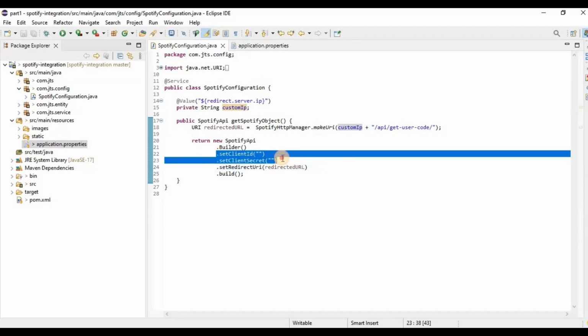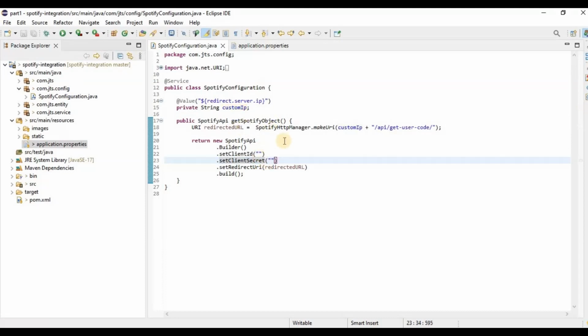How do you create this? Whenever you log in to the Spotify developer dashboard and create an app, we need to follow some approach. Once you create the application in the developer dashboard, as I was showing earlier, it will generate the client ID as well as the client secret ID. Those secret IDs we need to provide over here, else it will not work. Once we create this one,